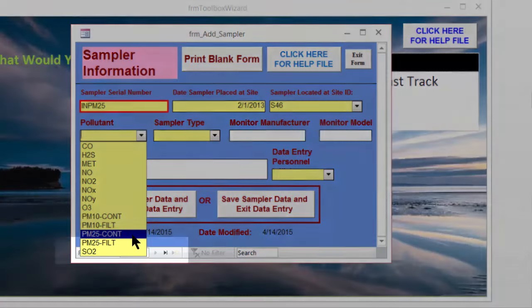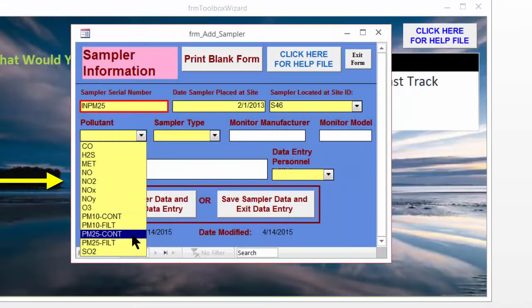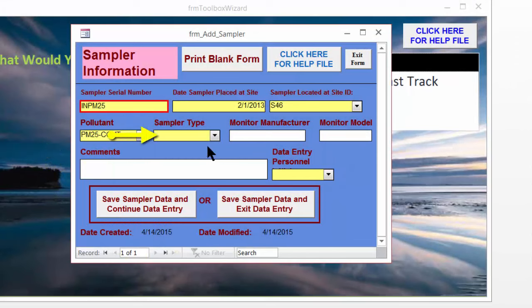The PM 2.5 filter, that's for data that you collect with filters, and then you send it to a weighing lab to be analyzed, and the concentration is calculated. So for continuous data, it's very important that you select PM 2.5 continuous. So I'll select that, and the sampler type field also has a drop down arrow,